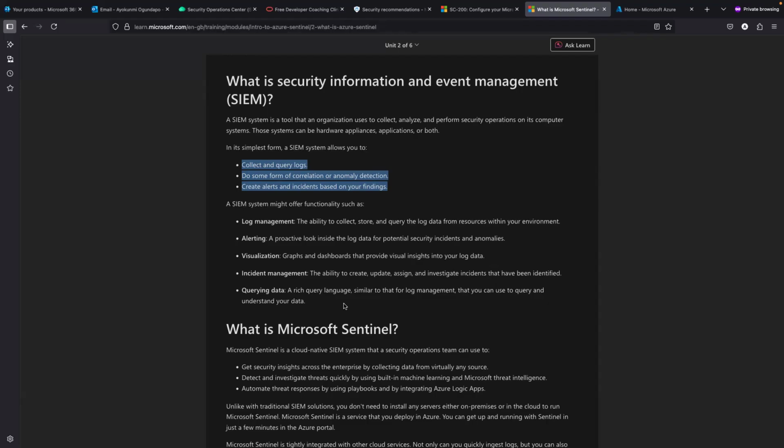SOAR is what they call security orchestration, automation, and response. If you look at SOAR, it has almost the same functionality as a SIEM, but on top of that, you are able to automate your response